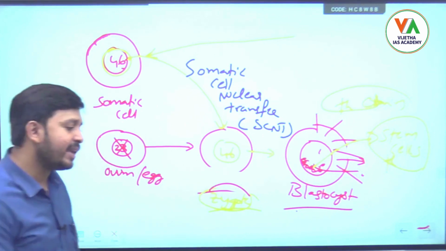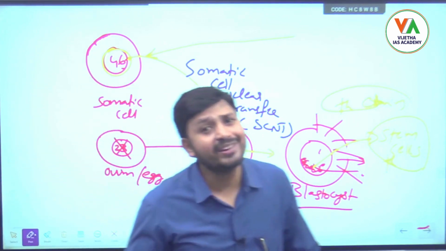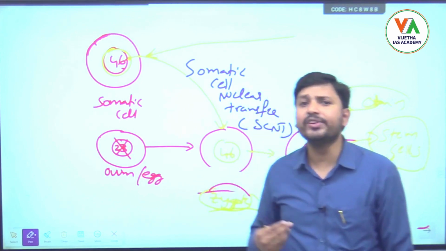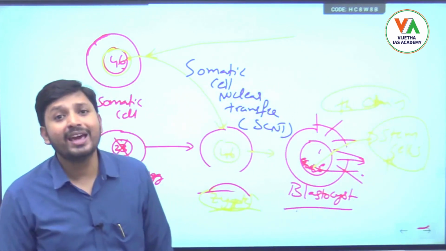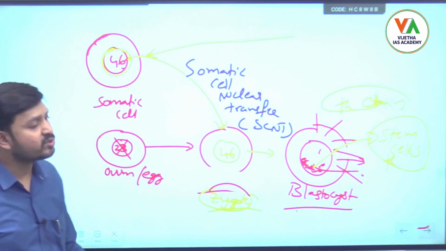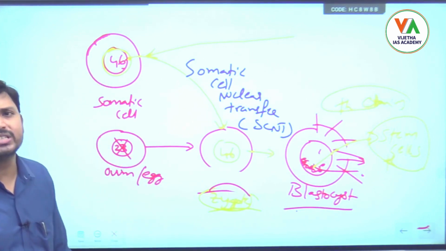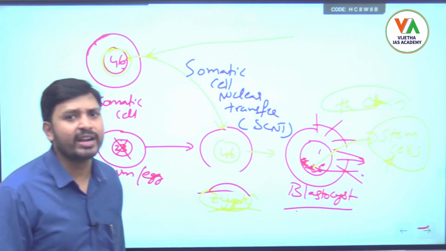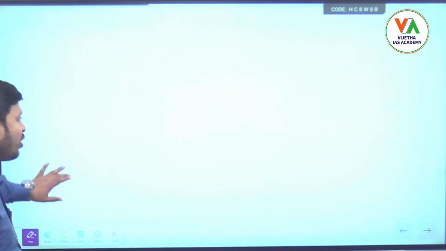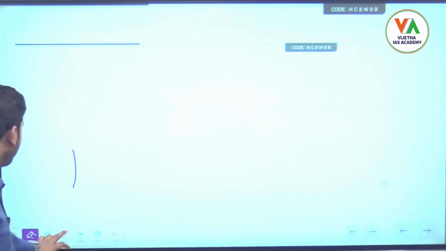And recently some people who had HIV have even been treated. Around 5 people have been treated using this stem cell therapy, and they are cured of HIV disease using the same stem cell technique. So we will see briefly what stem cells are and what the different types of stem cells are, and we will wind up the class. Is it clear? I hope you have understood the cloning topic.